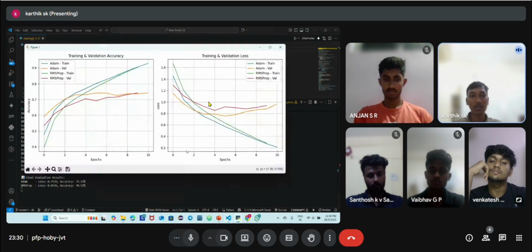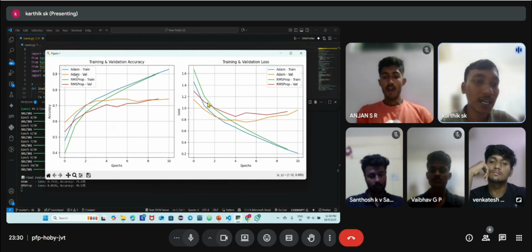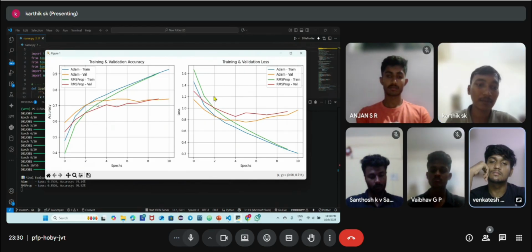Now it plots two different graphs, a training and validation accuracy graph and a training and validation loss graph. At first, in training and validation accuracy, it gives Adam train and validation and RMSprop train and validation, where the blue line is for the RMSprop train and the green line for the RMSprop validation, where the Adam train is a greater value than RMSprop,